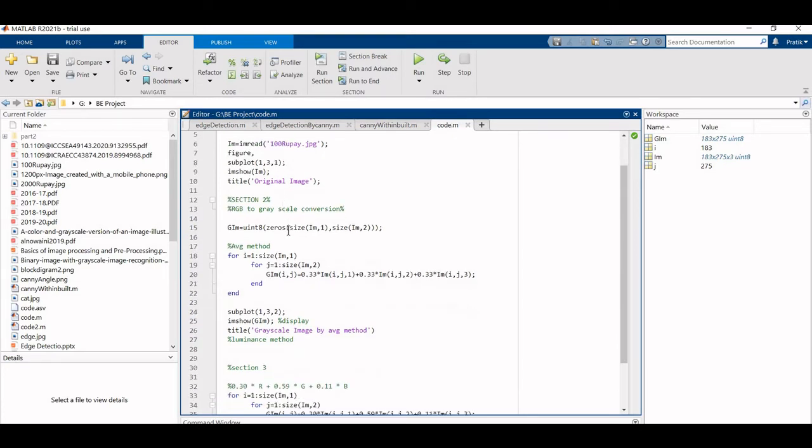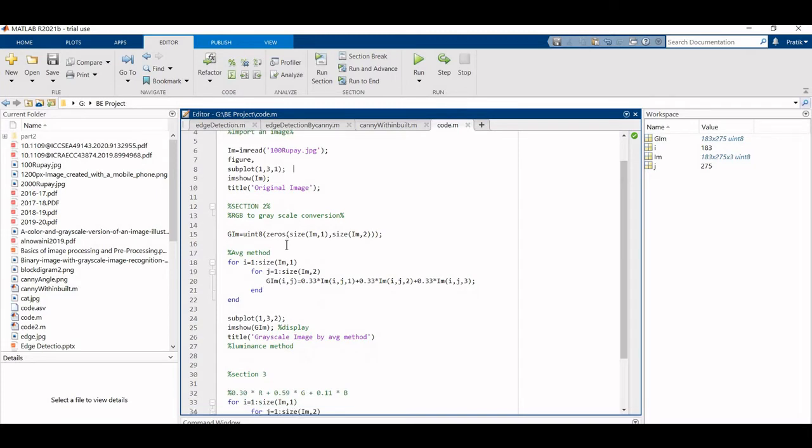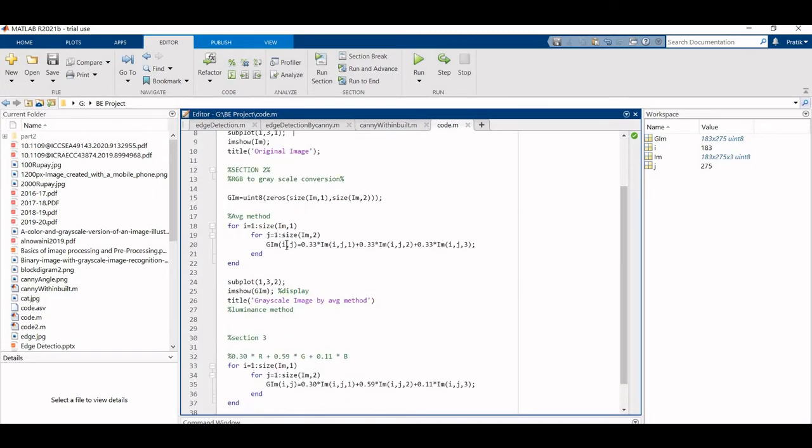Title will give as original image. So this will give the taken input and show it. The second section is for the averaging method. For that we first convert it to a 2D array,